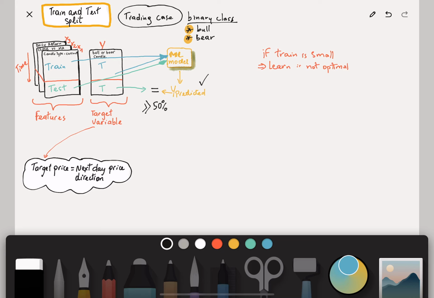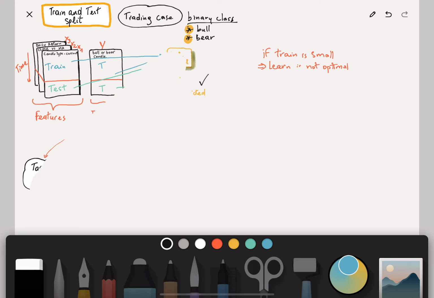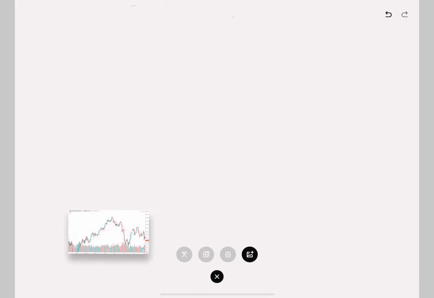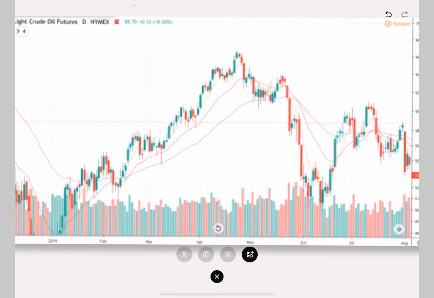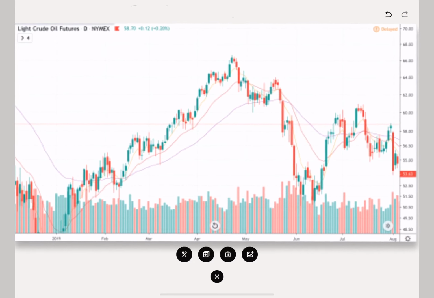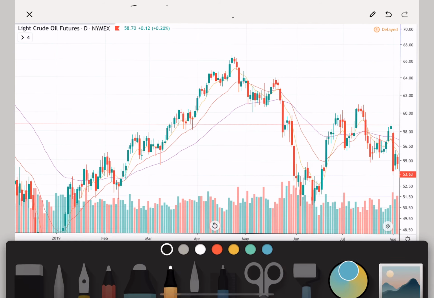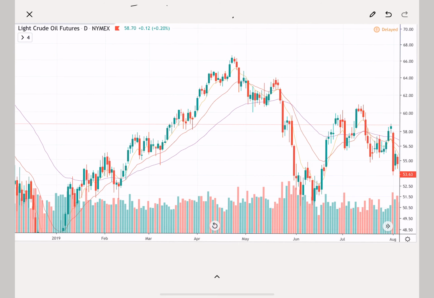So let me go quickly. I will delete all this, and then I have some plot here. So let's look at this, for example. All right, so let's say we have this data set, which is crude oil data, and we want to use this data to train our machine learning algorithm, and then test it on data. So let's say the data goes from January 2019